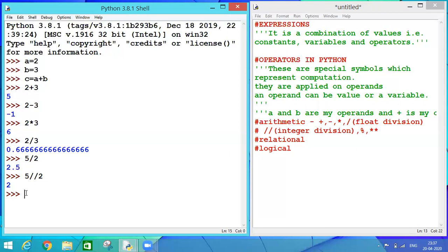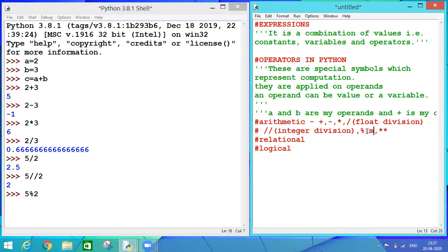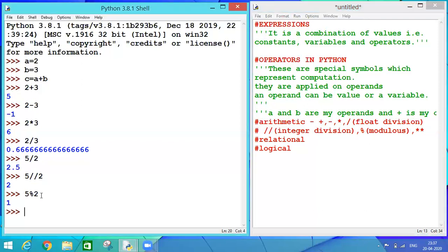Next type of operator is, if I say 5 modulus 2, this operator is known as the modulus operator. This is not percentage here. This is modulus. And what is the functioning of this modulus operator? Let's see. It is giving me 1.